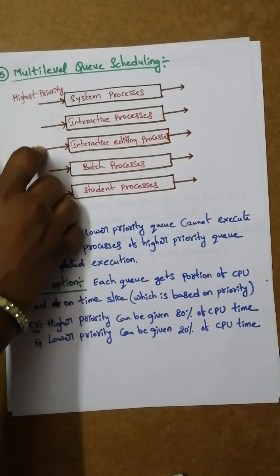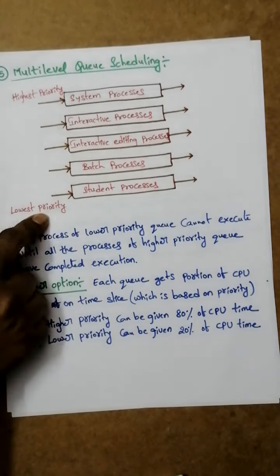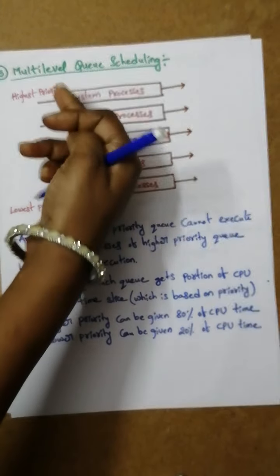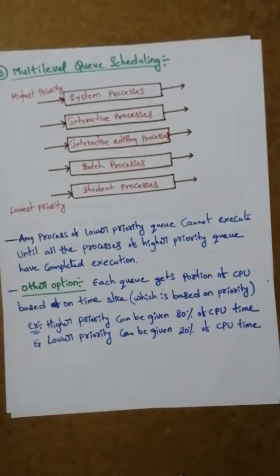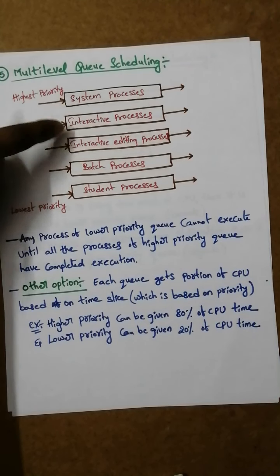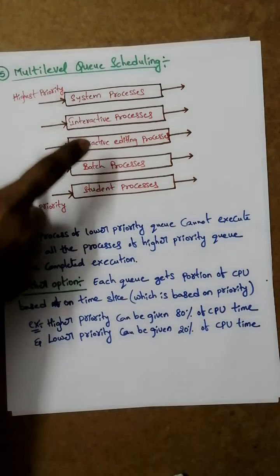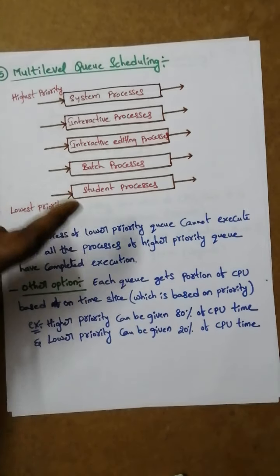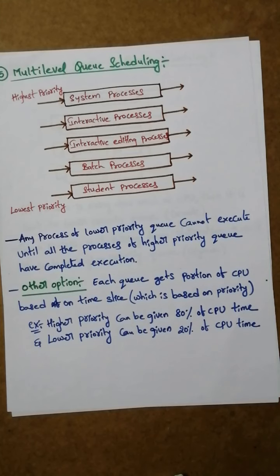It means it's in decreasing order, so the last queue will have the lowest priority. Processes will be waiting in the different queues based on their category. Now we can categorize these as foreground processes and these as background processes. The processes are waiting in the priority queues.